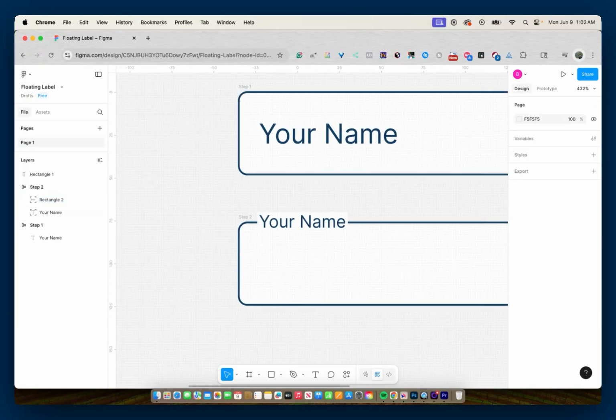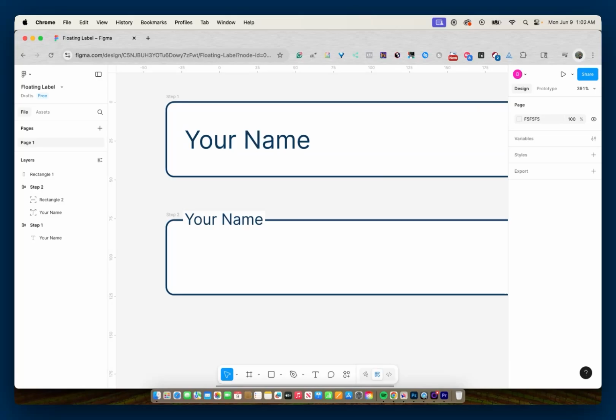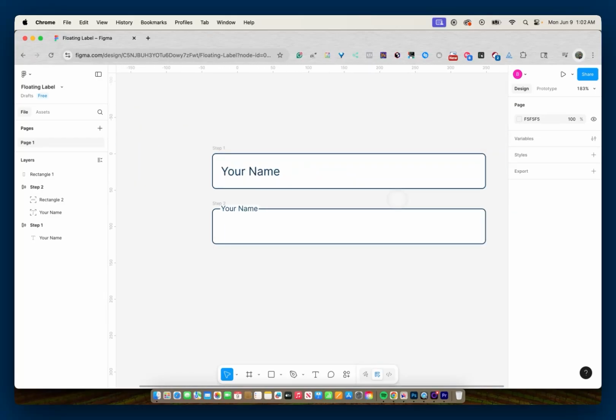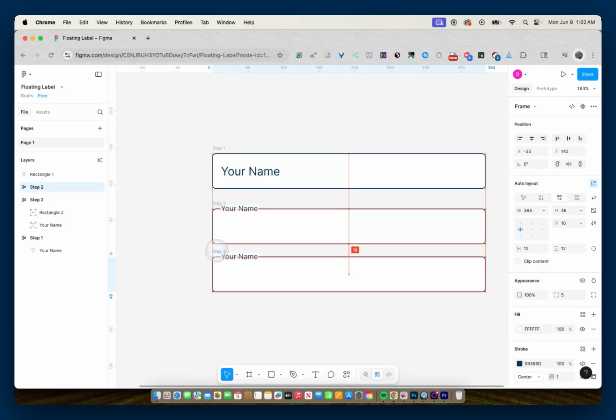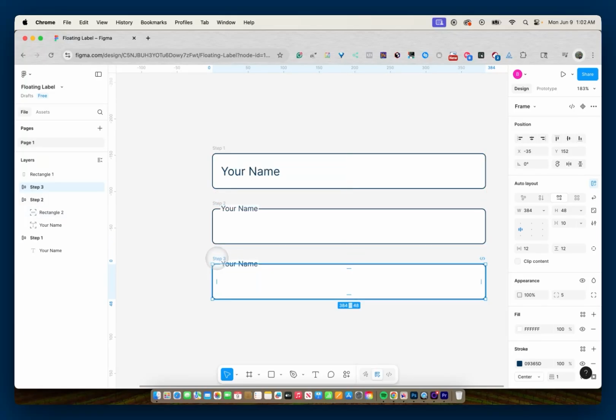So now that we have the start of our floating label, we can select step 2, and I'm going to create a duplicate of this, and this is going to be the first part of our blinking cursor. So I'm going to hold down Option, and I'm going to drag another duplicate. It becomes step 3,